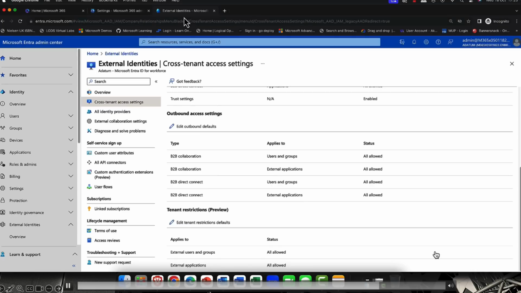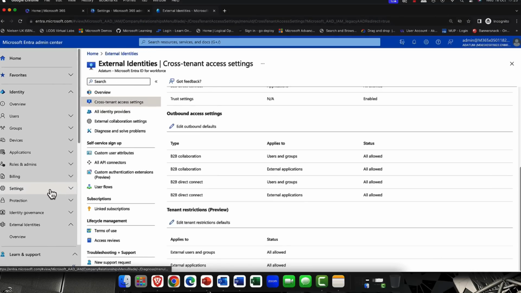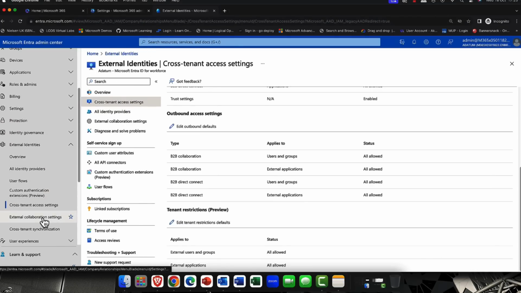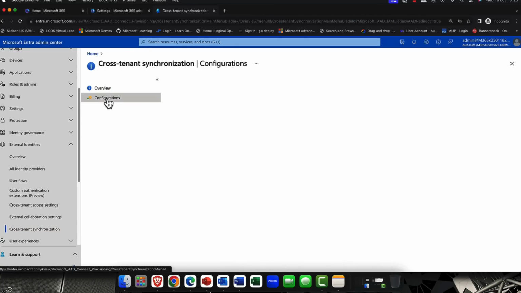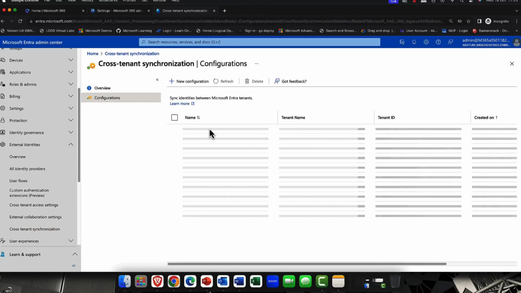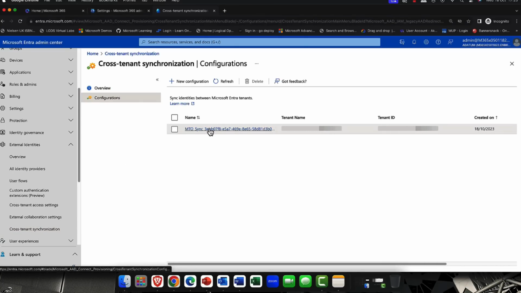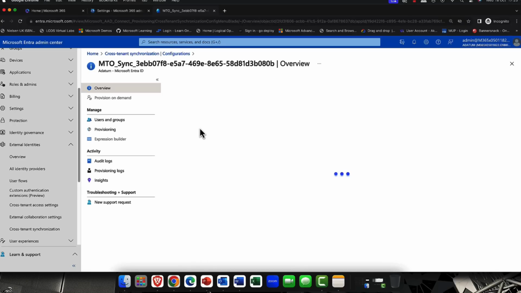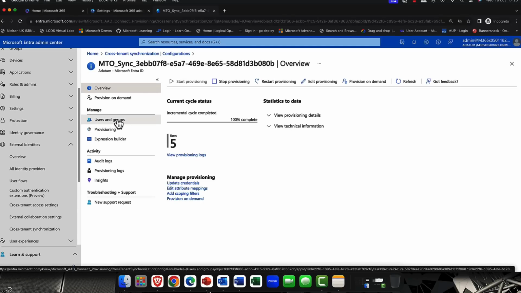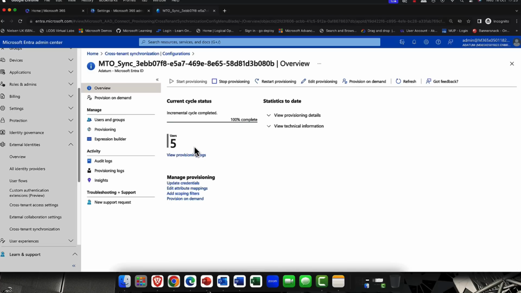So the last thing that I just want to show you is I'm flipping back into Entra ID and I'm going to come into the cross-tenant synchronization now. And you can see, there it is. There is my connector for the cross-tenant synchronization. And there are my users. You can see that my users have come in.